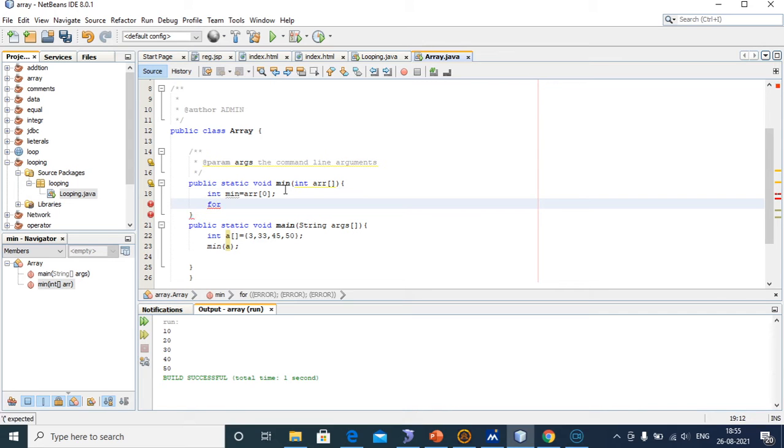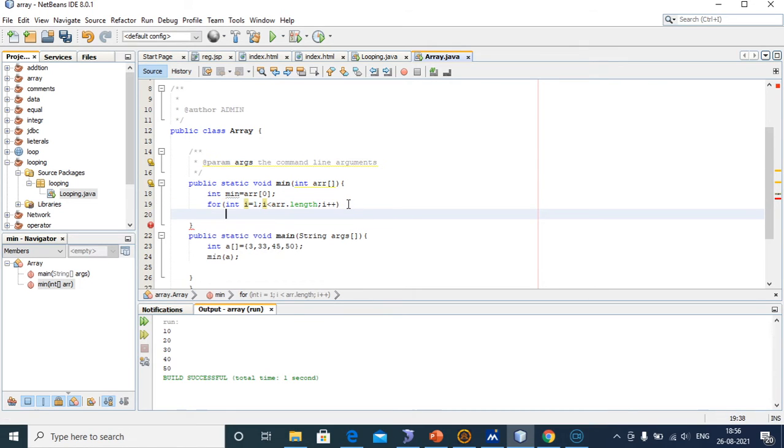For example, for int i equal to 1, i less than array dot length, i plus plus. Based on that we pass the array to the method. If min array, we have to find the minimum value of the given array.